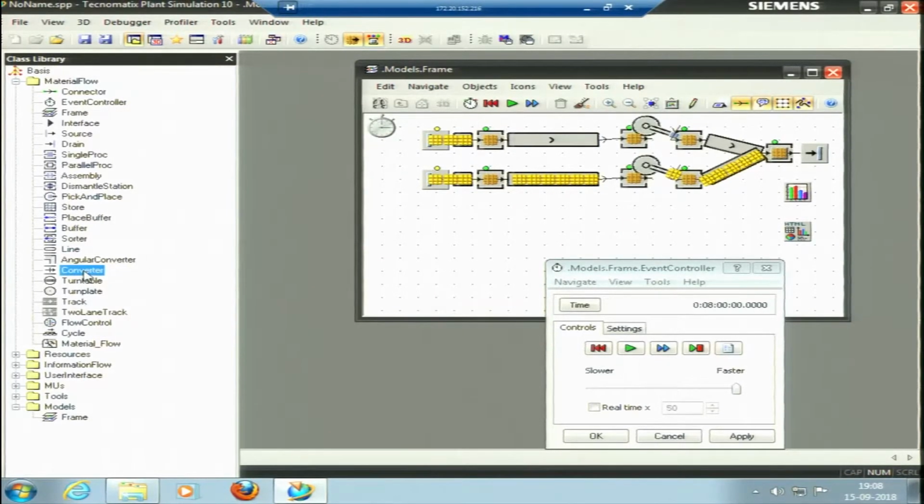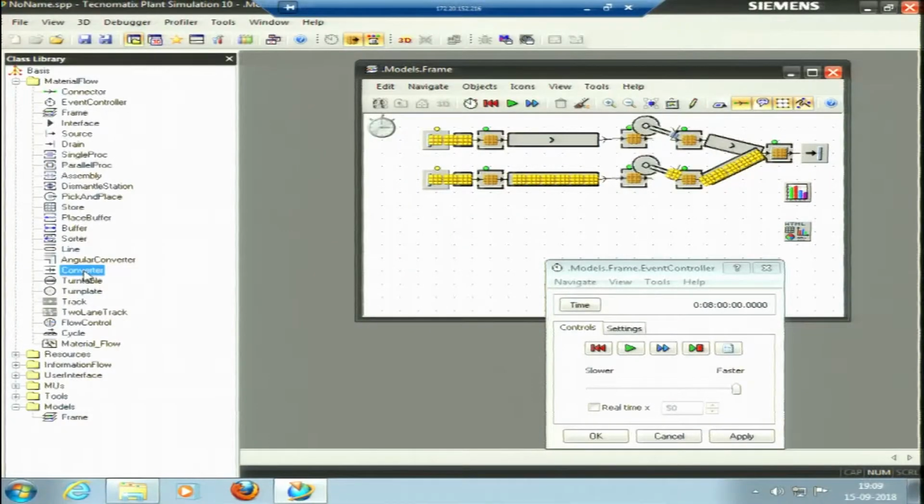Now next is converter. Now what is converter? Converter is intended for modeling material handling equipment. When the part moves onto the converter, it either passes straight through in the conveying direction or it is lifted onto a laterally moving transport level by a lifting mechanism and then conveyed laterally to the left or laterally to the right. So angular converter was just one thing, it just converts direction by 90-degree. So with a converter we can pick whether to go straight or whether to change the direction, so it can work in that way.